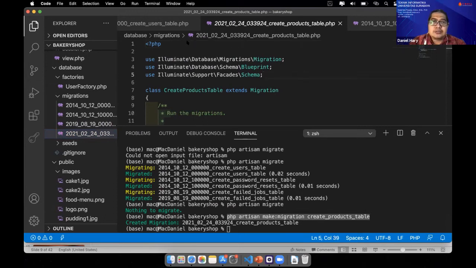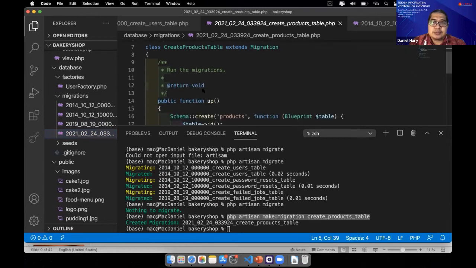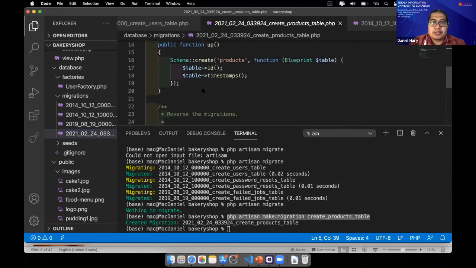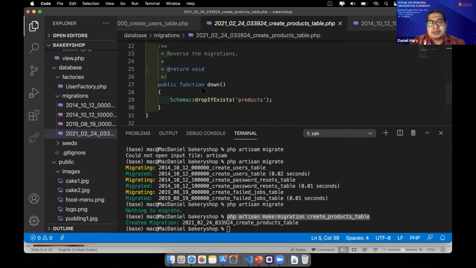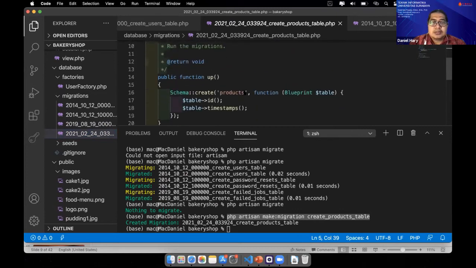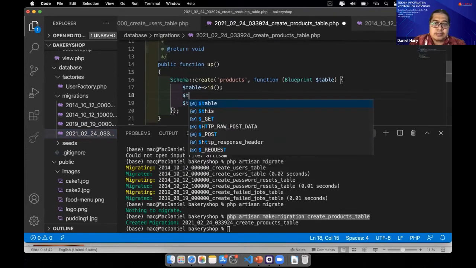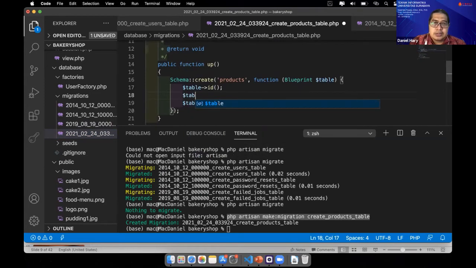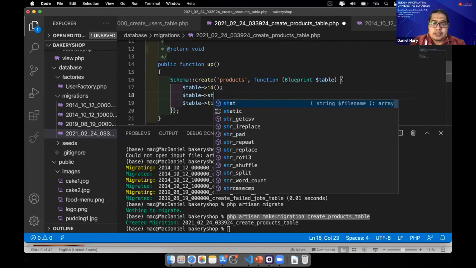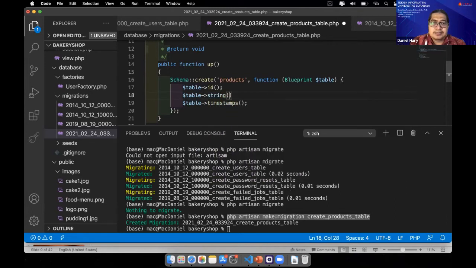Next, we have to modify the file. Maybe for the ID we do not have to do anything here, there is ID already there. Then we place also the name of the product. The data type is string, name.